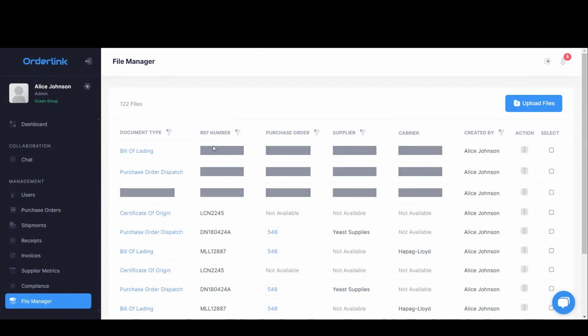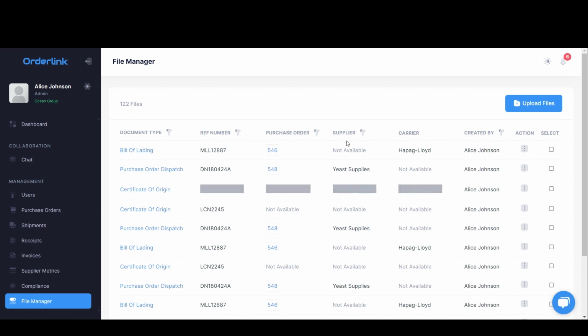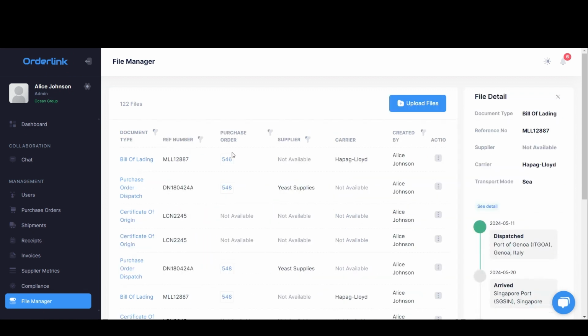And why this is good is because all of your files are in one place, and if you want to search for them, you can use filters. So if you want to search for all of the bills of lading for a specific supplier, that's really easy and quick to do. So if I click into this bill of lading, now that it's loaded,